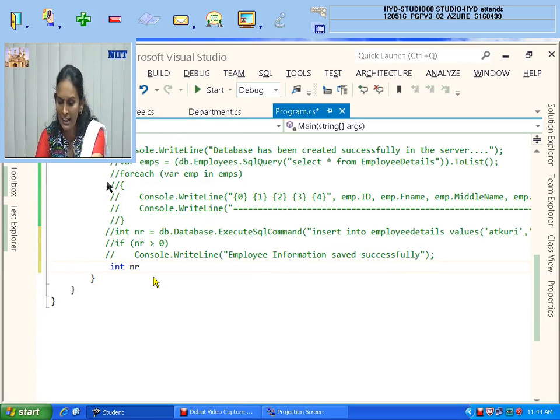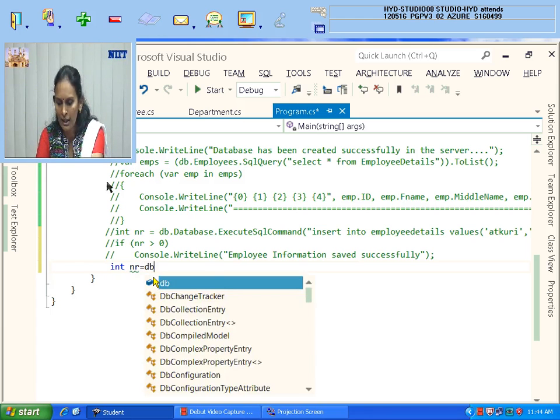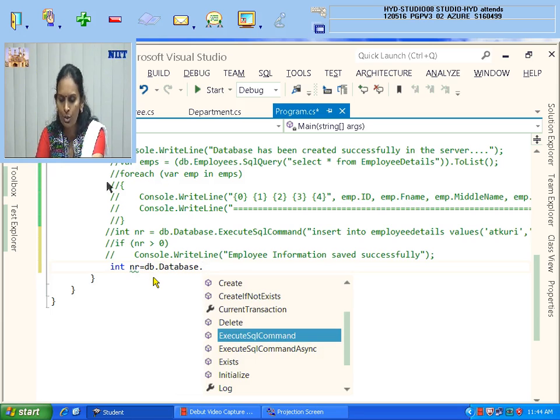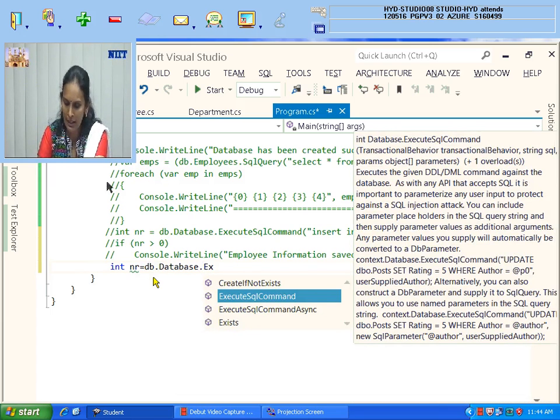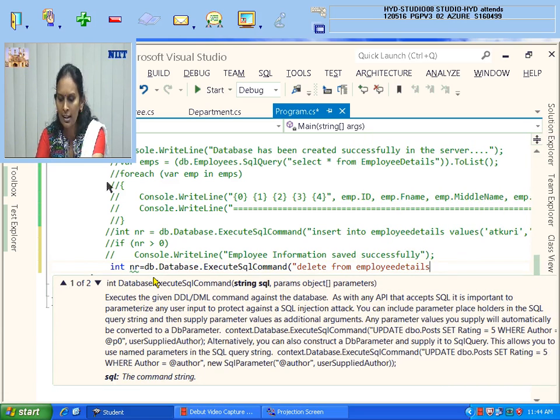So int NR is equal to db.Database.ExecuteSqlCommand, and in the brackets: delete from employee details where department ID is equal to 1. Finish.